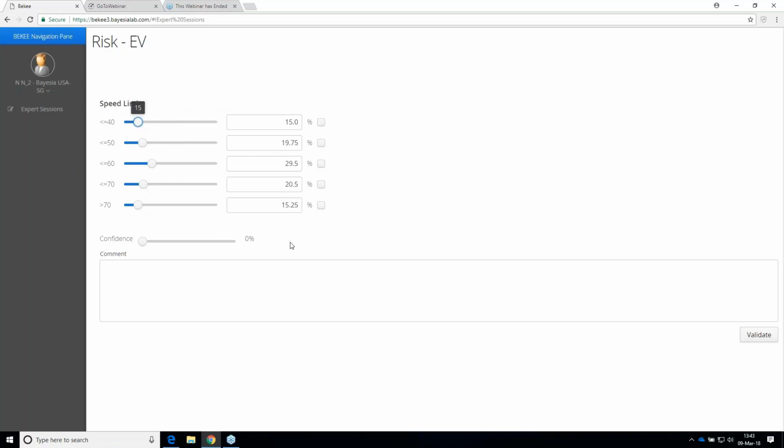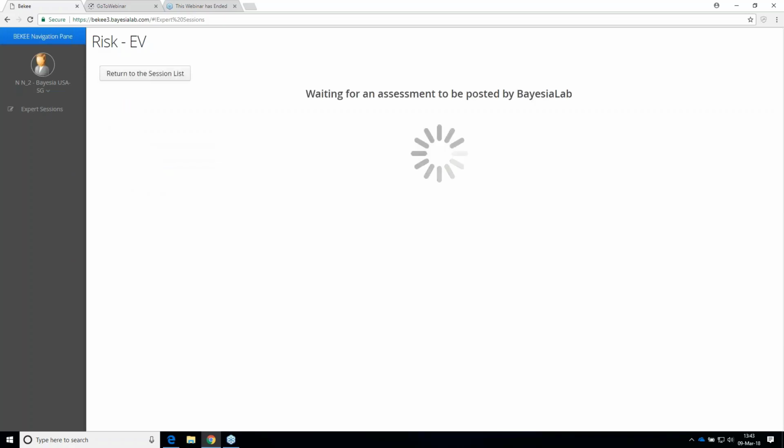I could also type in specific values. I can say this is 17%, and I can provide my own confidence level. Because there may be questions that I'm quite familiar with, where I can, with great confidence, say, I know this, I learned this in school, or for other things, I may say, I'm not really entirely sure. So I set validate. This sends the response back to BayesiaLab.